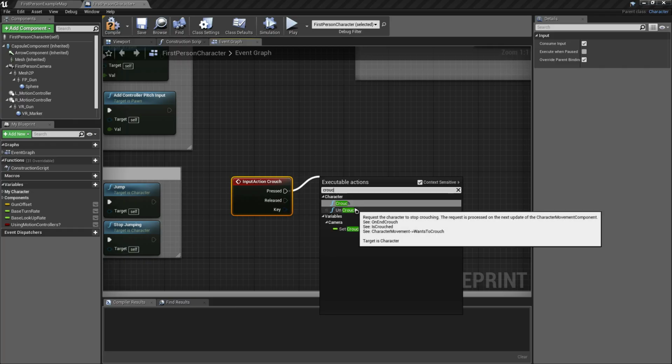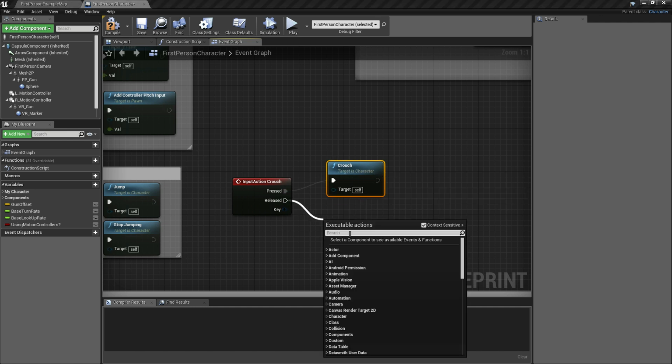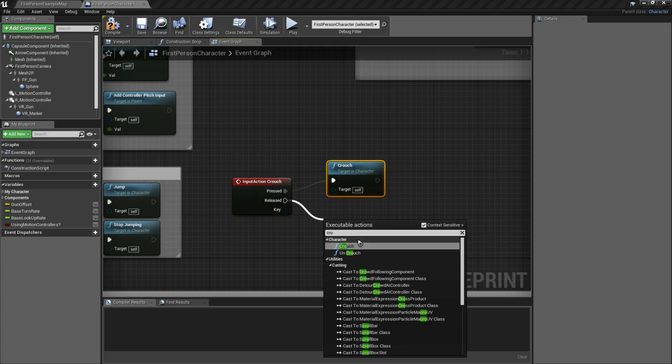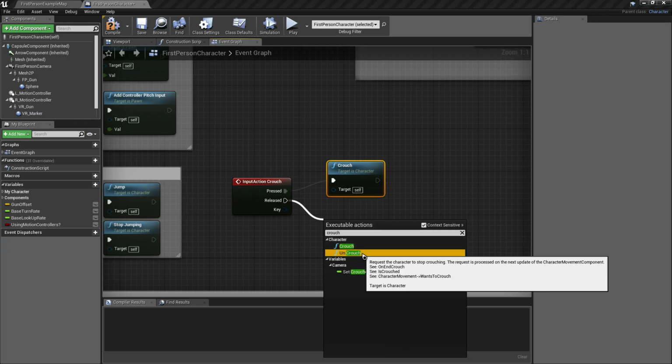Just select these functions. So we have the crouch function in the pressed, and in the released, just connect the uncrouch node. Just find it in the search for quick selection.